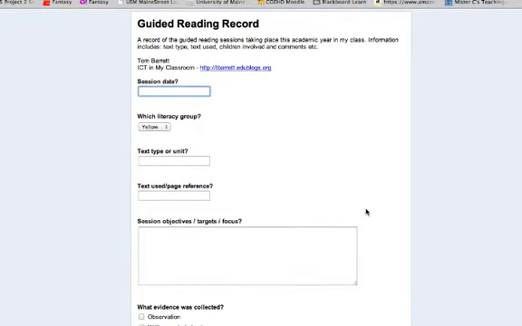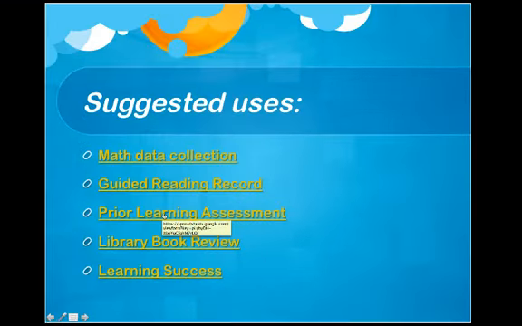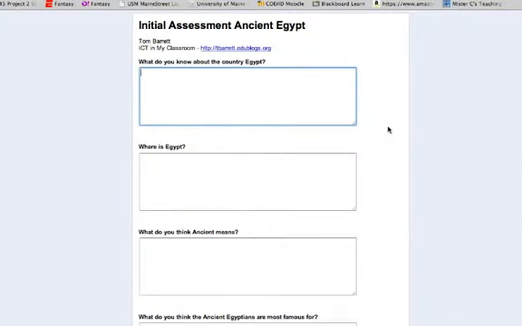And really, this will give you the chance to take a look at your guided reading records over the course of the year. Keeps them nice and organized. And again, they can be shared. Next, prior learning assessment. This is a great tool to use prior to kicking off a unit to assess what